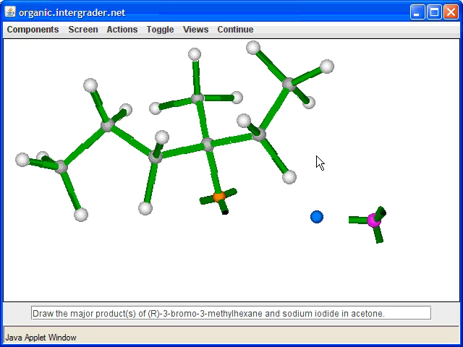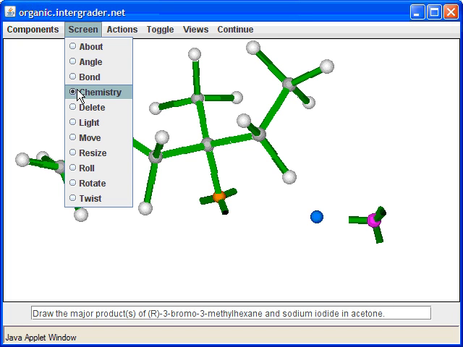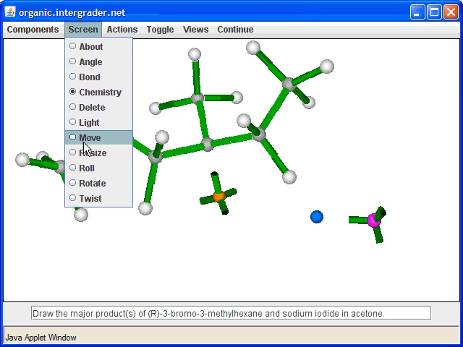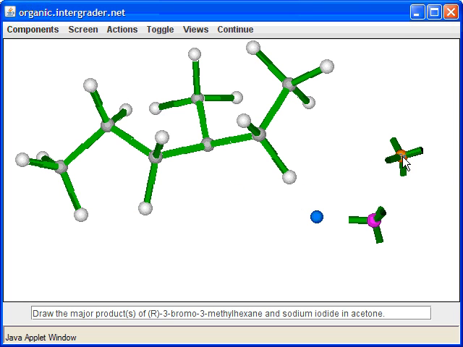So all we have left to do here, even though these are very poor conditions, and the conditions here are to use what? Acetone, which is an aprotic solvent. So this reaction will not occur very quickly, but we're going to go ahead and do it. What will it do very slowly? Eventually this has to ionize off, and once you do that, then you have to substitute, or replace, the bromine with the iodine.